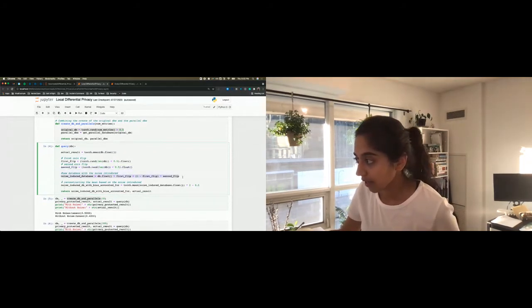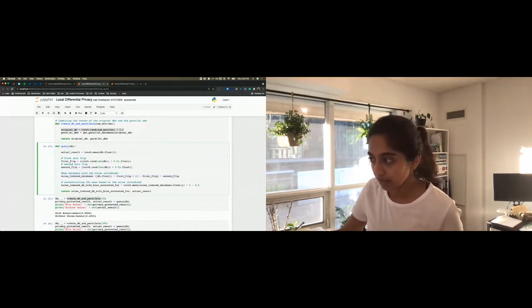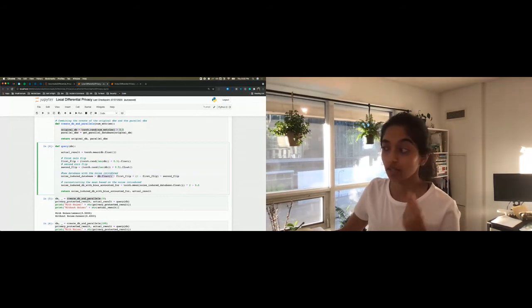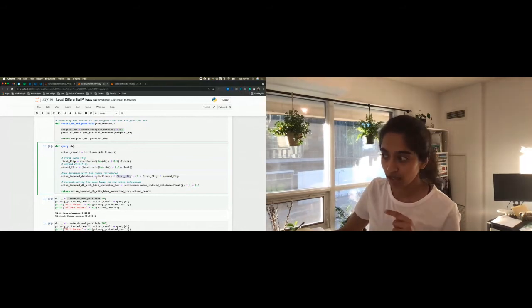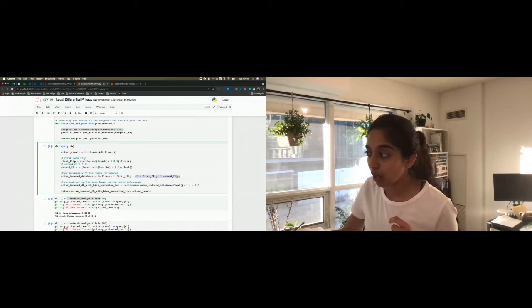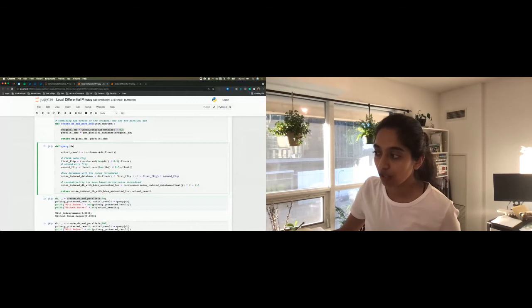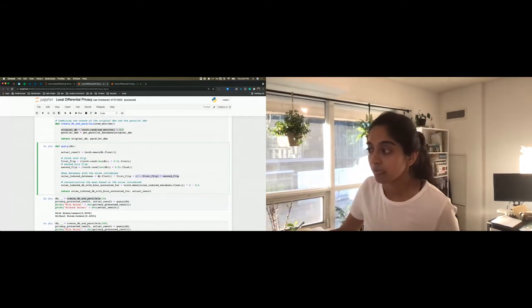So this line right here, the one that I've highlighted, is a noise-induced database. You're taking the original database and introducing the noise. You're saying, multiply that by the first flip, which means that if it is actually 1, you will represent the data of the value as is. And this part will be negated, since if the first flip is 1, this entry will go into the database, and this will be disregarded because 1 minus 1 will be 0. That is only if the first flip is actually 1.